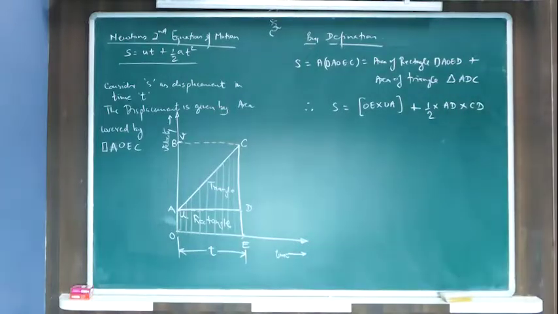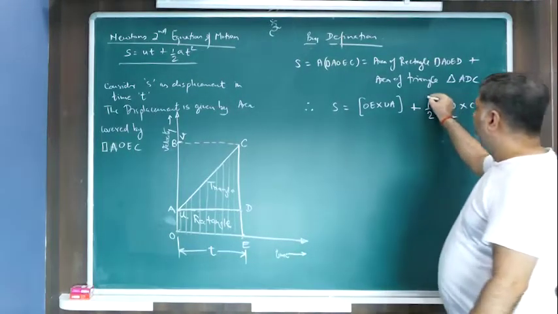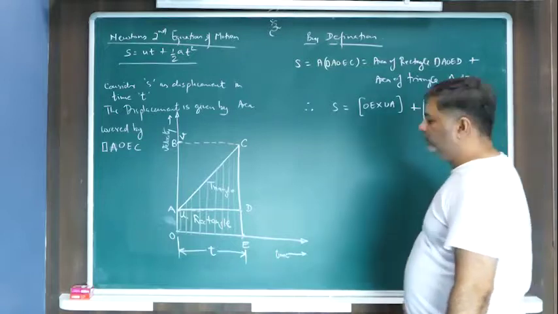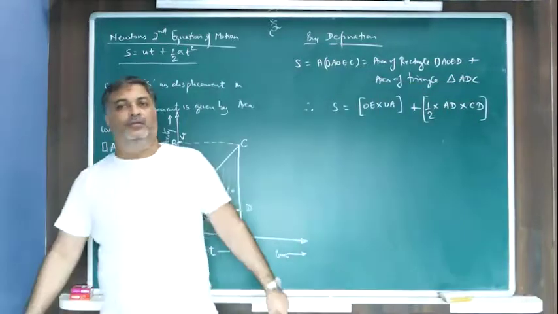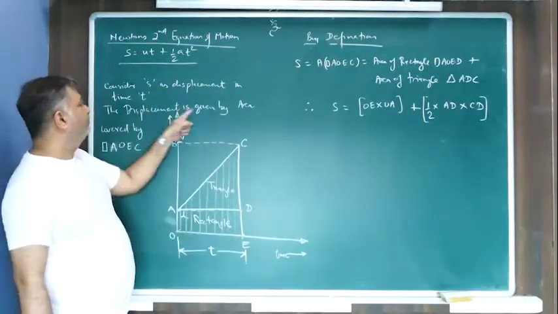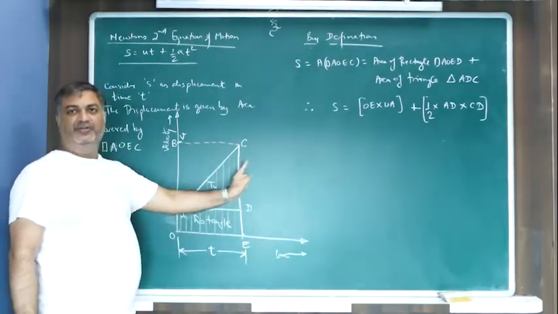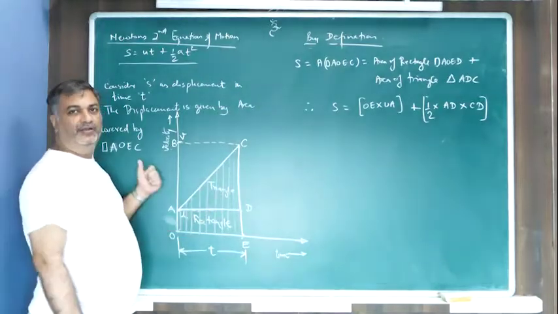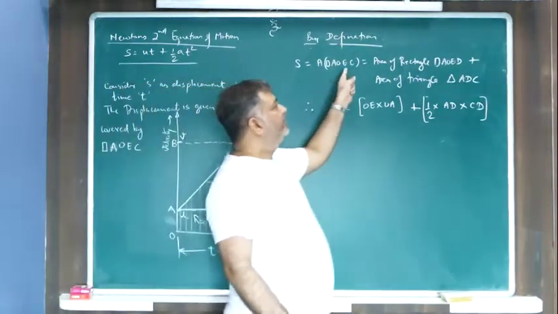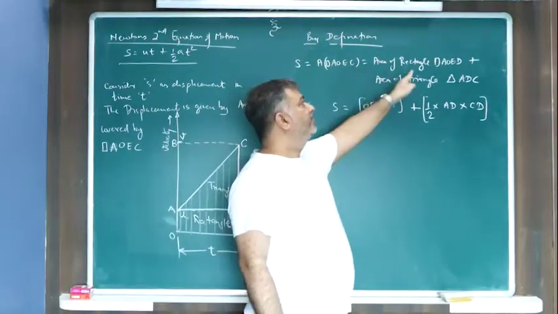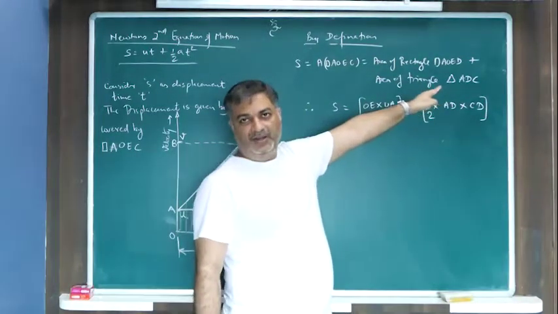Okay, this is very clear to you all. Please pay attention, very important. So what did you say? Displacement. How do you find displacement? By finding the area swept in this region. Entire region, if you sweep, find out the area, it will give you the displacement. So displacement is area of the trapezium, which is equal to rectangle area plus triangle area.